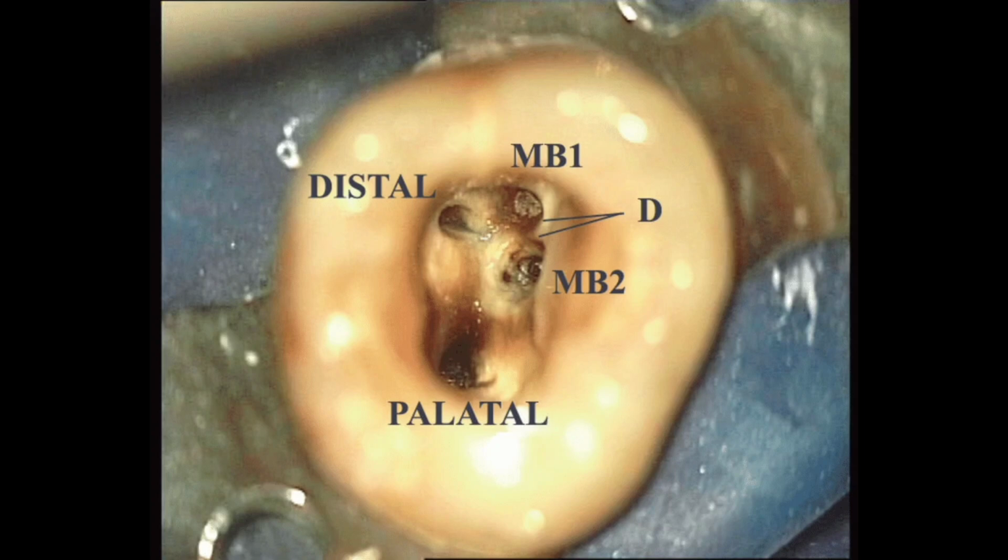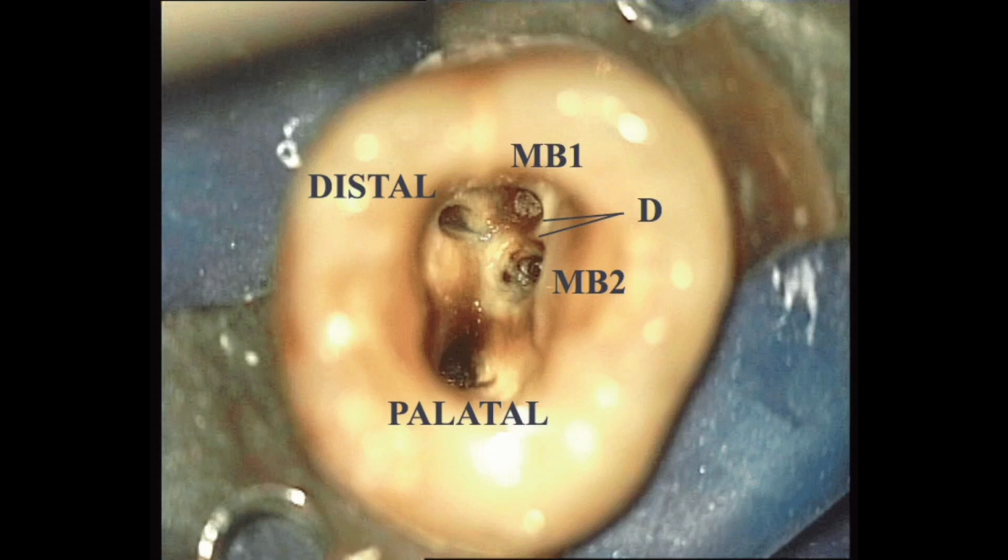For example, we know that lower molar will contain at least two mesial canals, that is mesiobuccal and mesiolingual. If we are not able to find one, we do not proceed further unless we are absolutely sure. But in case of MB2 in maxillary molar, we do not give much importance to MB2 and consider it to be an accessory canal. Though in many cases MB2 merges with MB1, which may not affect the outcome of the treatment, in many cases MB2 is a separate canal altogether and missing it causes failure of root canal treatment.